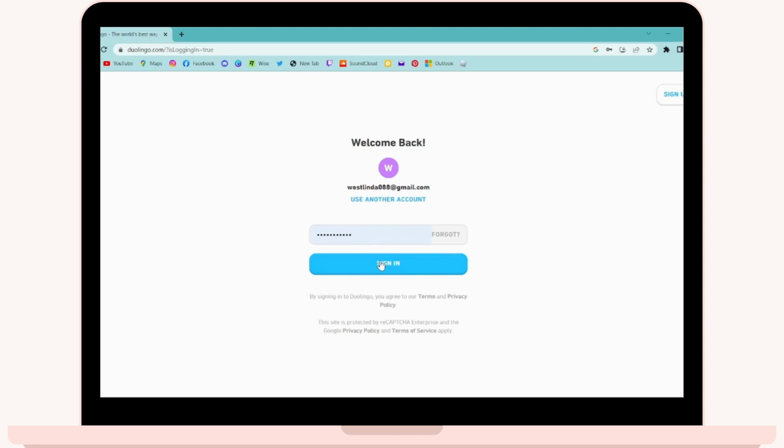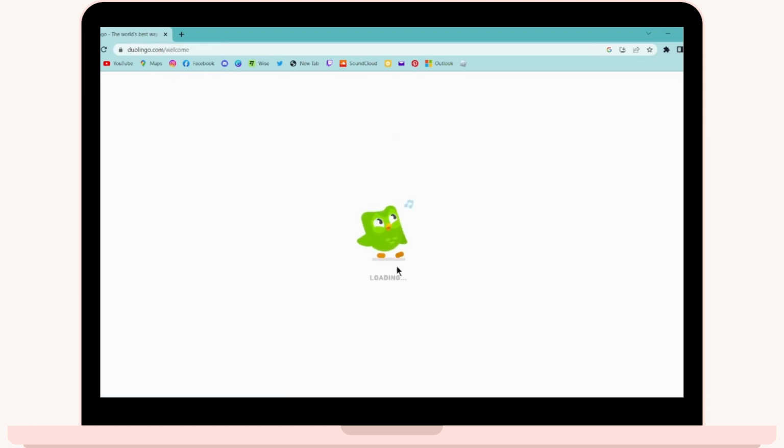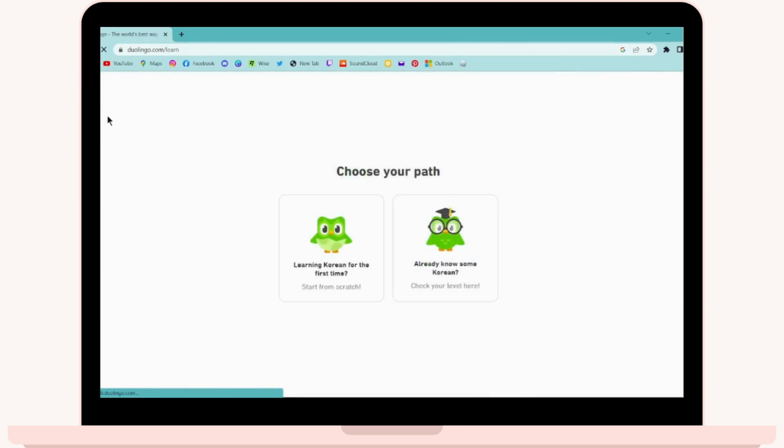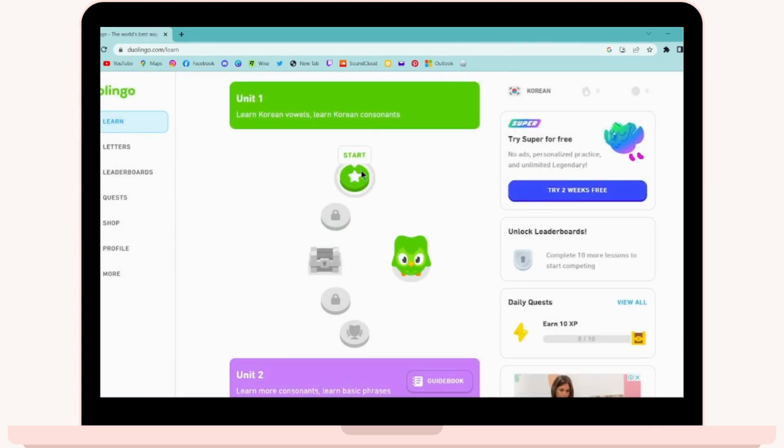But if you want to create an account, then you can go to the upper right corner and click on sign up and then you can create your Duolingo account. So after entering your password, click on sign in. And that's it. That's how you log into your